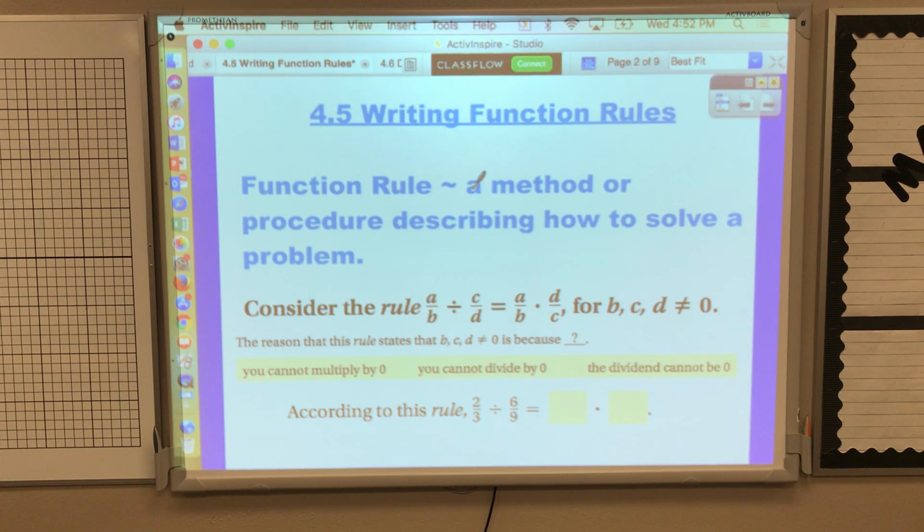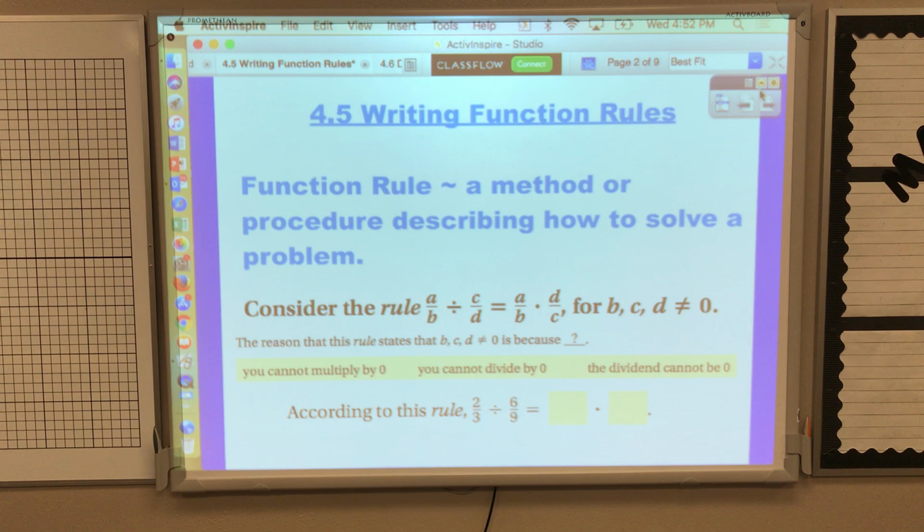Today you will be learning lesson 4.5 on writing function rules. And if you struggled in lesson 4.2, this will help you with that. Go through that rule a second time. Okay? So a function rule, as we already learned,